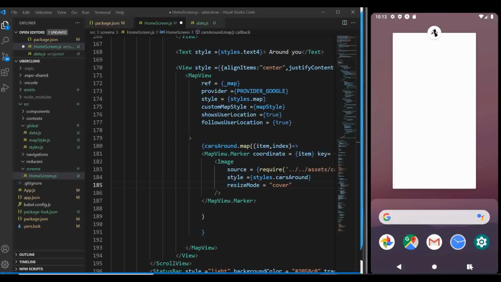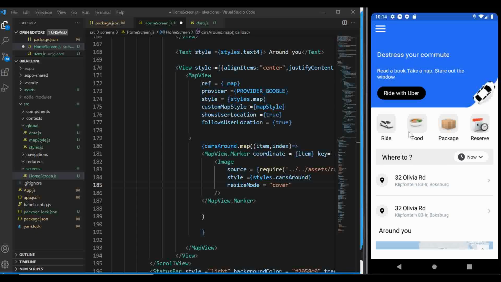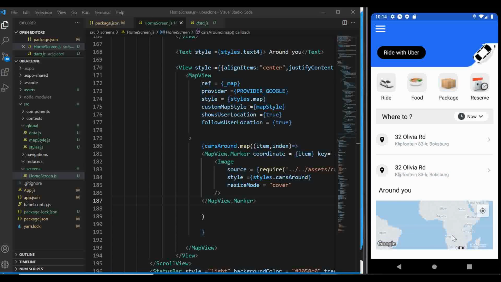And what happened to my emulator? Let's see. The emulator is running now. What I'm going to do, I'm going to save all that we have coded, and let's see what we get. Okay, awesome. I can see some cars down here which looks good,